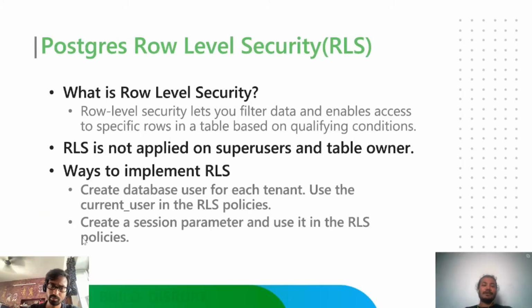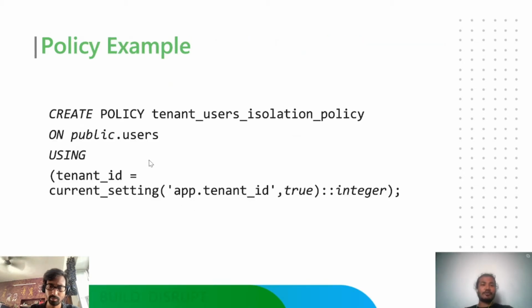Another way is you can use session parameters in the row level security policies. We will talk about this in the next slide. This is just an example of one of the policies using session parameters. This is creating a policy on tenants. The policy is named tenant users isolation policy, on table users, and the condition is that the tenant id in the users table should match with the parameter that we have passed. So the current setting